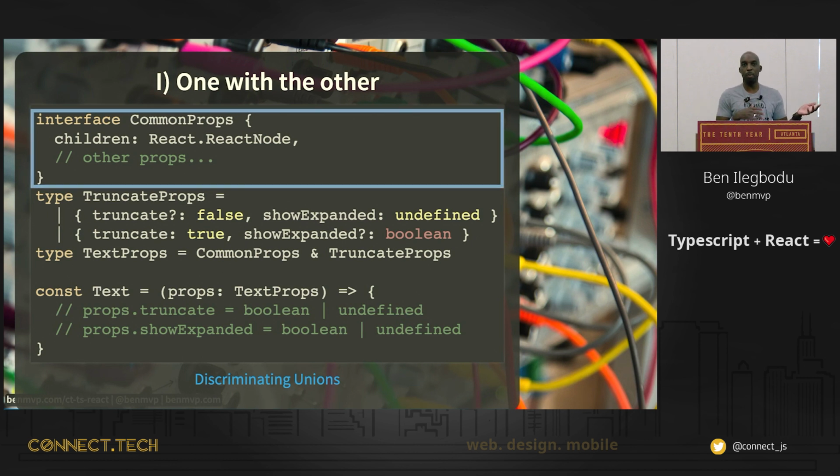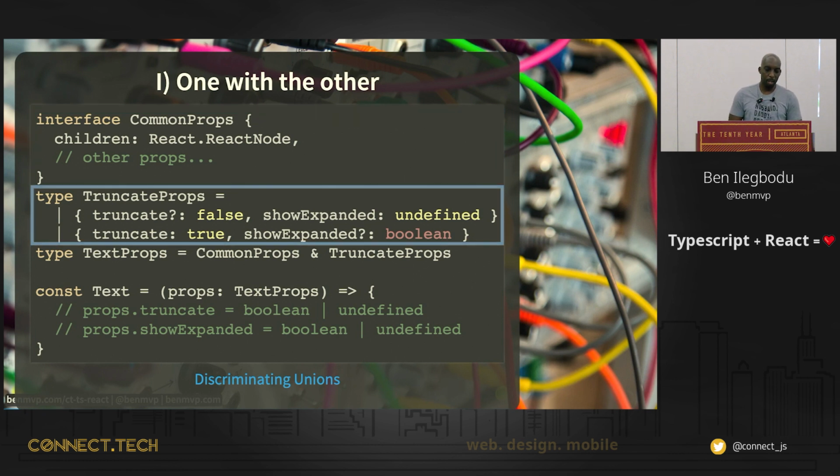That's just what we were talking about in the first section. These are the props that exist all the time. They're always going to be there. There's no conditional logic, right? Then we can define a type that's called truncate props. This is using what's technically called a discriminating union. It's basically a technical term to say that you can have one of two objects depending on certain cases. So if you're ever trying to look for this, it's discriminating union. And I don't know why it's discriminating, but it totally is apparently.